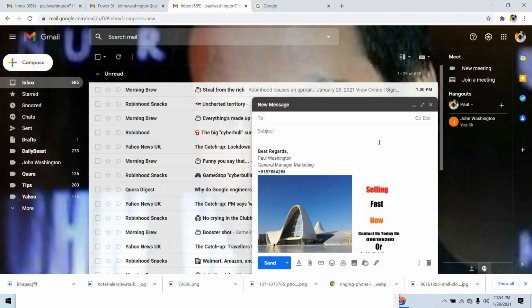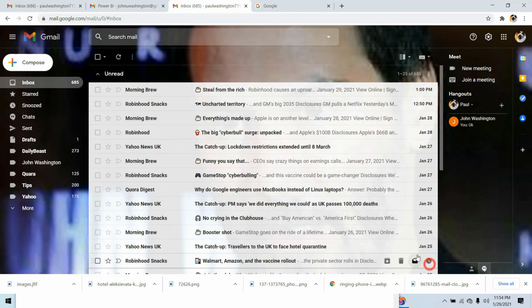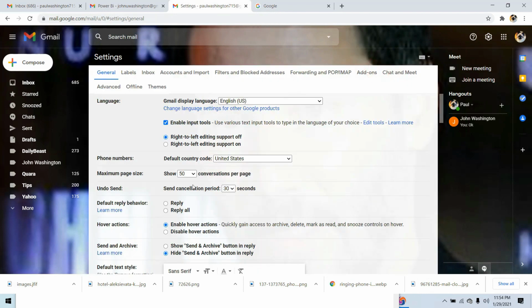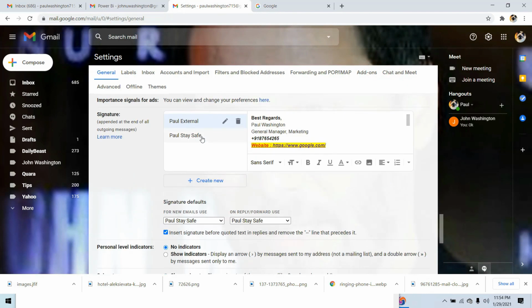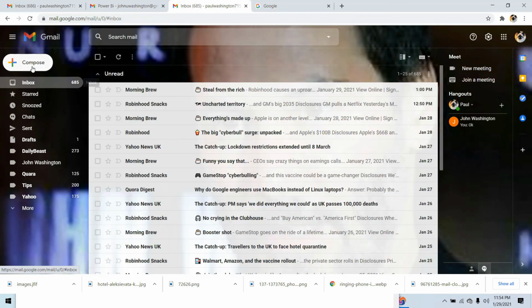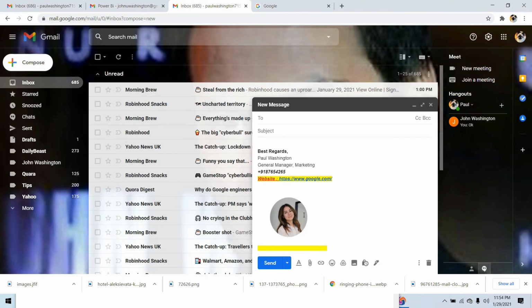Then send an email. Oh, okay, I need to change that. Before you save, remember to change this. Paul External, but you have to change this for new email, Paul External, then reply emails. I'm changing this to the first one. Save changes. Then compose. Then every time I'm sending an email to anyone, they will surely see my fine image,